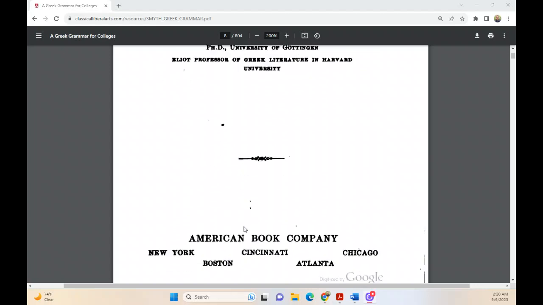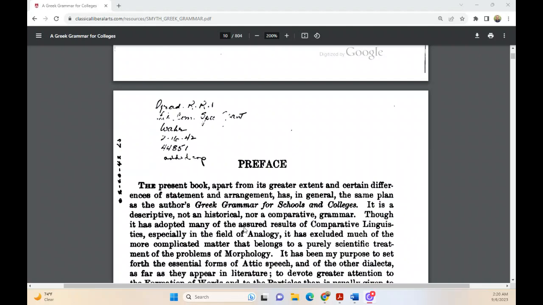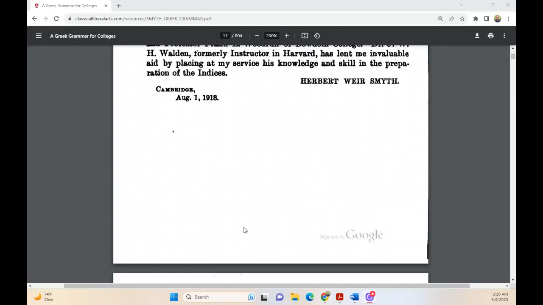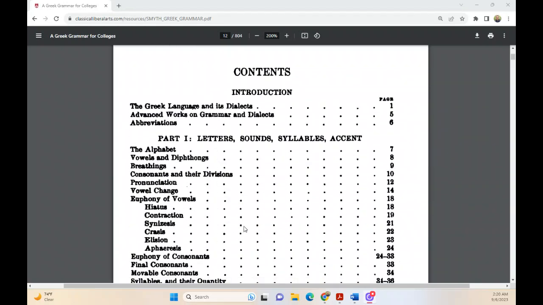Let's scroll down here, bear with me, and we'll take a look at the table of contents real quick and get an idea of how we're going to study this. You can see there's an introduction, and it talks about the Greek language and its dialects. That means the Greek language, but also